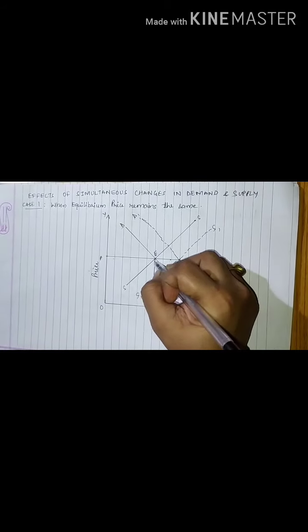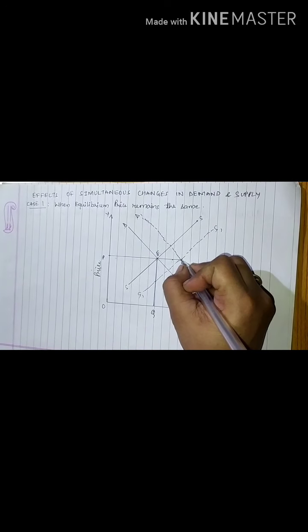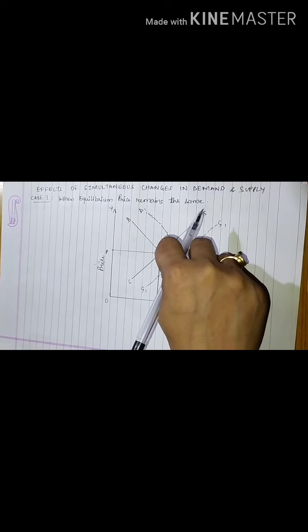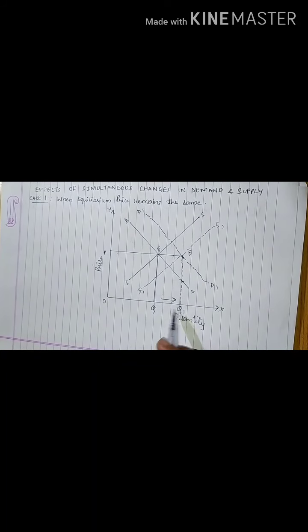Now if you see the demand and supply, they have increased in equal proportion. Fine. So what is the situation which has arisen? Price is the same, because my equilibrium is the same. But my new quantity has increased. So in this situation, if I keep my equilibrium price the same, the demand will increase, the supply will also increase simultaneously, that means in equal proportion, and this case will result in an increase in the quantity.